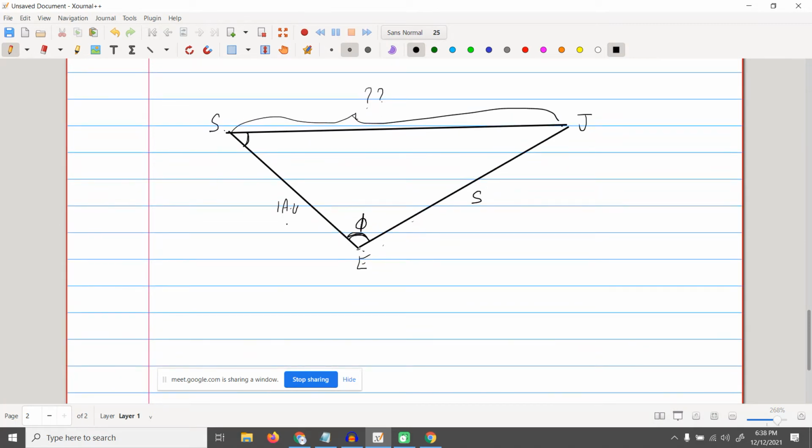Once we know two sides, L1 and L2, and also this angle, everything about this triangle gets fixed. Theta 1 or phi 1, phi 2, and phi 3 all get fixed. L1, L2, and L3 all get fixed. So using similarity of triangles and whatnot methods that you might have at your disposal, you can always find out how far Jupiter is from the Sun and at what angle.